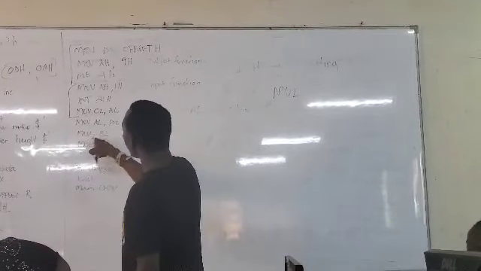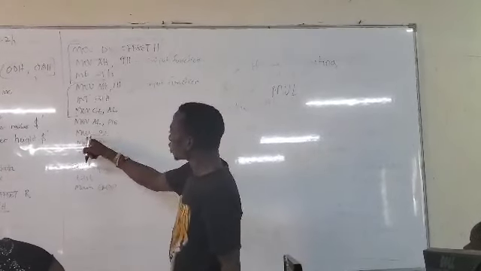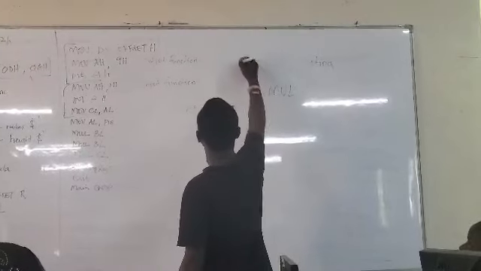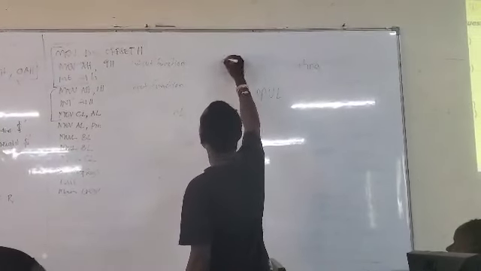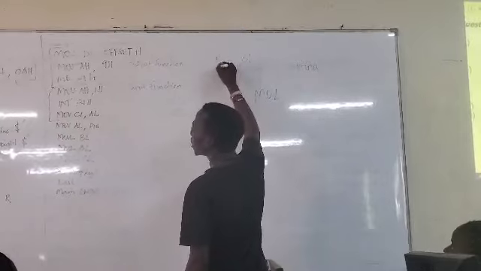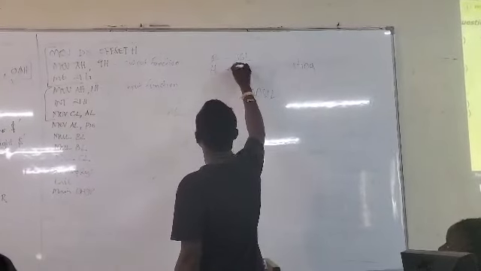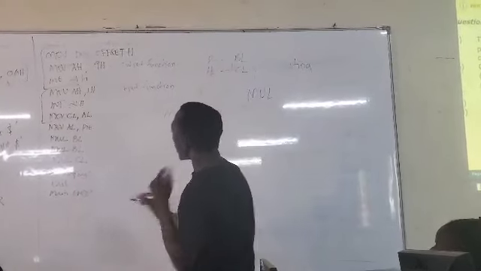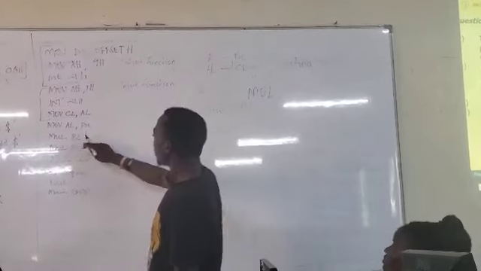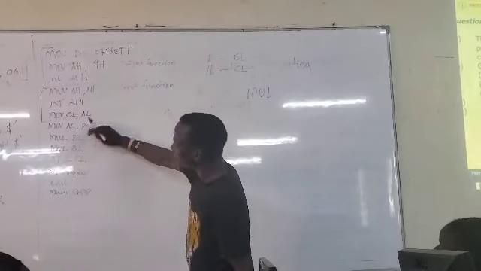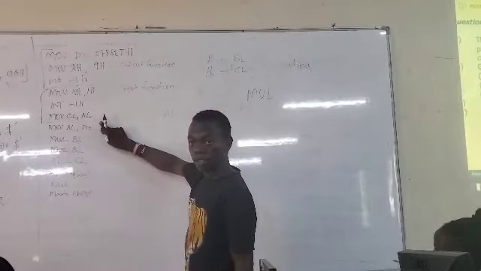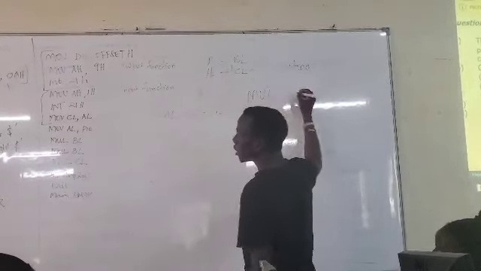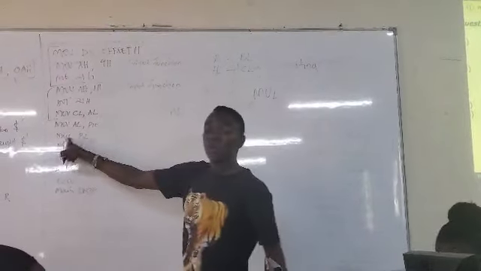Now, when you multiply BL, this will multiply the quantity of the BL times pi, because the mul command multiplies